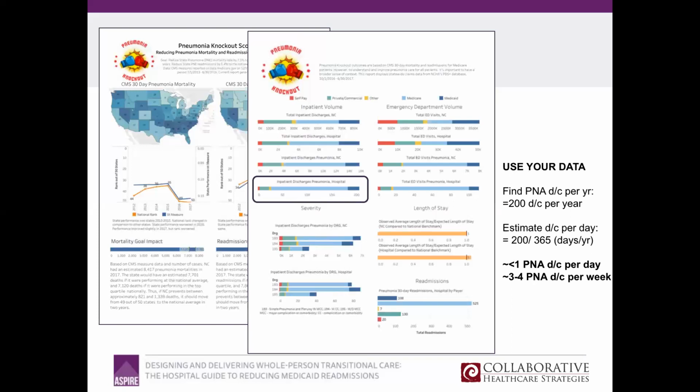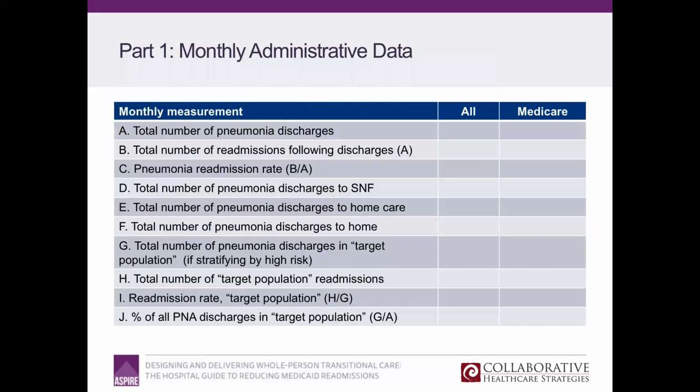So then you take your volume, and moving to slide 28, I want to make sure that you have, and again, the scorecard is a great illustration of this, and I recommend that you have a monthly administrative internal dashboard, or you can use parts of what you get from the NCHA to populate this dashboard. This would be a monthly measurement basically about volume and readmissions and proportionality. So this isn't about interventions. This is more a description of your total target population and whatever your high-risk target population is on a month-to-month basis.